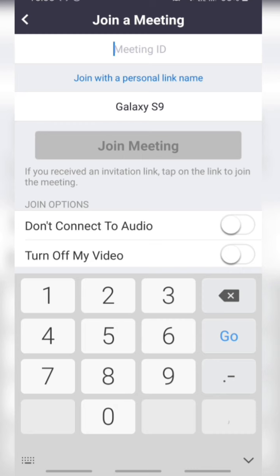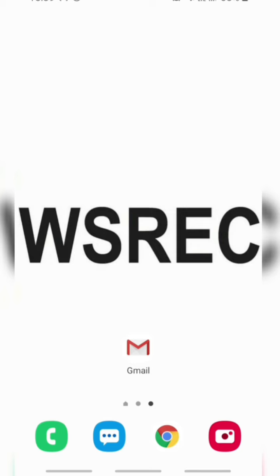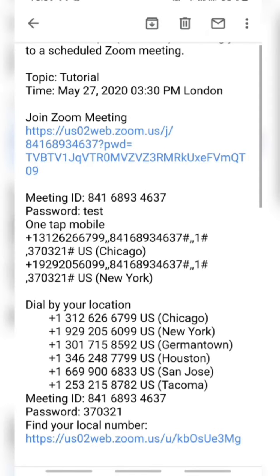And to find that, you have to check how the individual has sent you the Zoom meeting details. So it can either be by email, text message or WhatsApp. If you can't find it, you just have to call the person who created the Zoom meeting and ask for the meeting ID. I'm just going to check my emails because I know that it was sent by email. So all I'm doing is going back and I'm going into Gmail. So I'm clicking on my Gmail